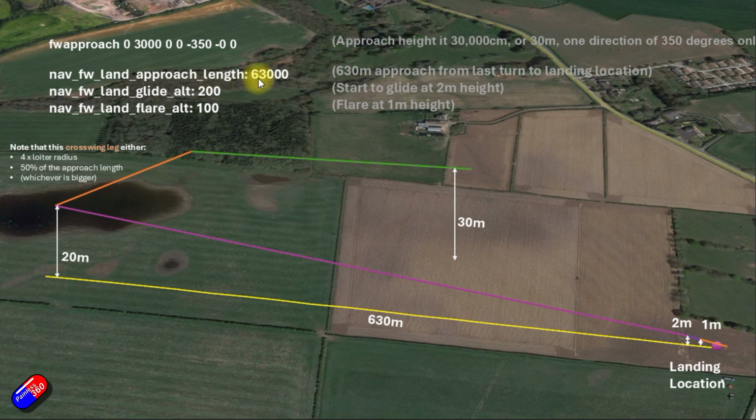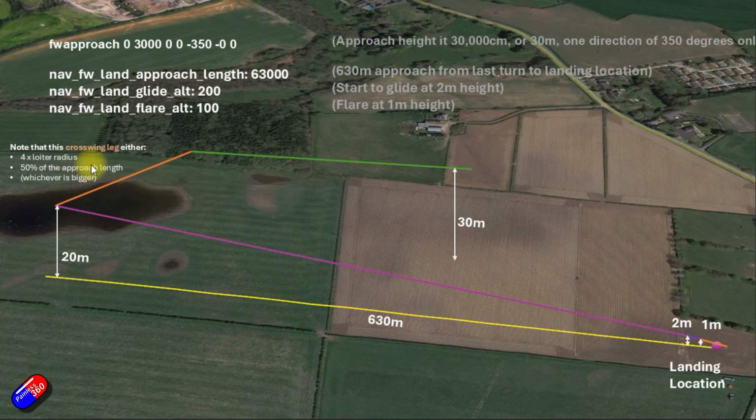Other things that are set here, first one is the land approach length, which is 63,000. That equates to 630 meters. That sets this length of how long it's going to take. For a small plane, you're not going to need anything like this, but it's a nice, very gentle approach to get into this location. Setting this, you're also setting this crosswind leg length as well, because it's either